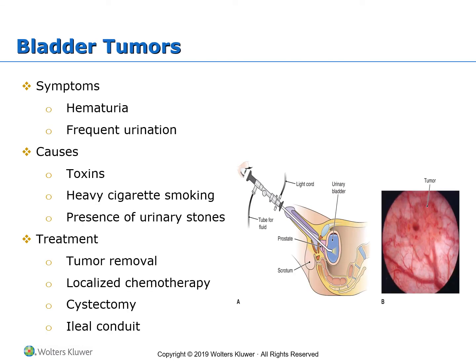Neoplasms. You see here the title is bladder tumors. However, kidney tumors are also a condition that can be encountered in our patients. They usually grow slowly, but they will invade very rapidly once they are formed. And the most common symptoms will be blood in urine and a dull pain in the flank where the kidney